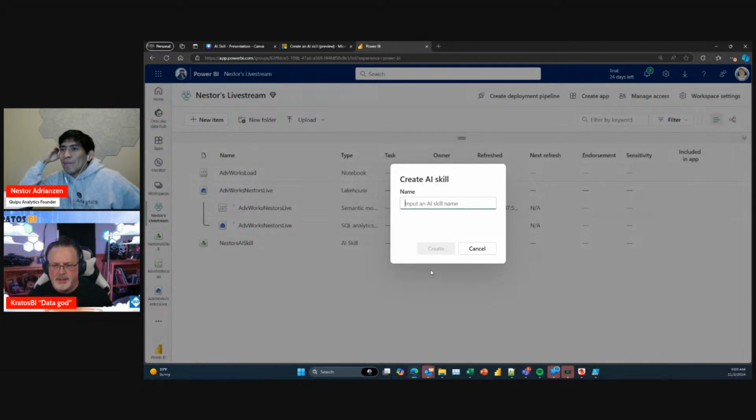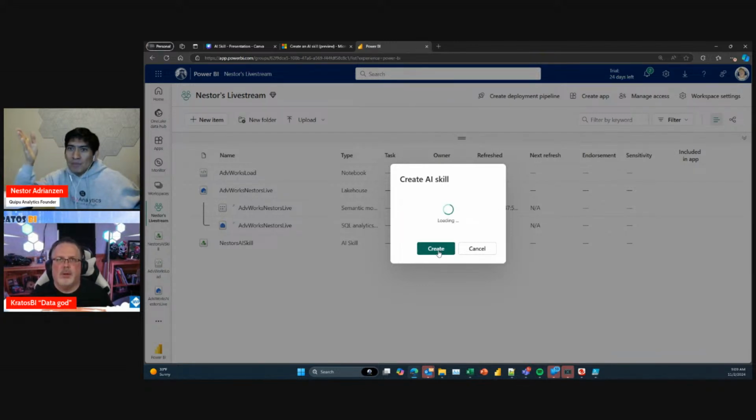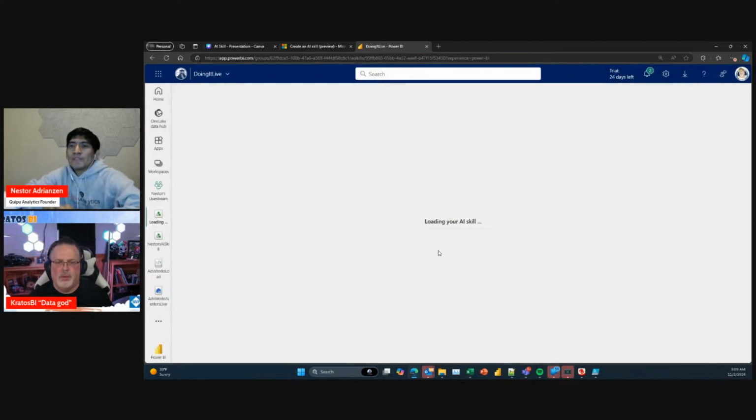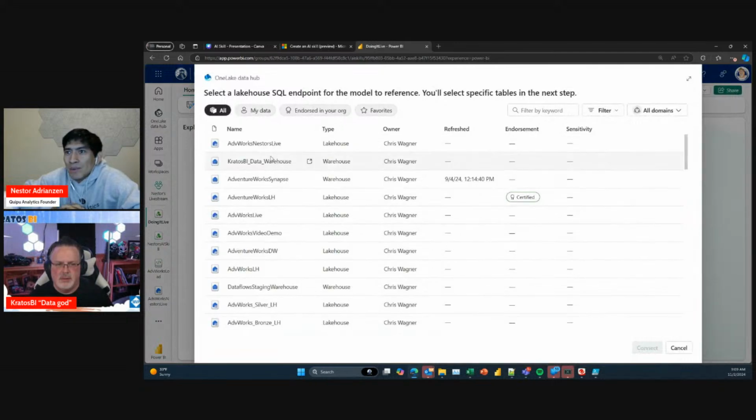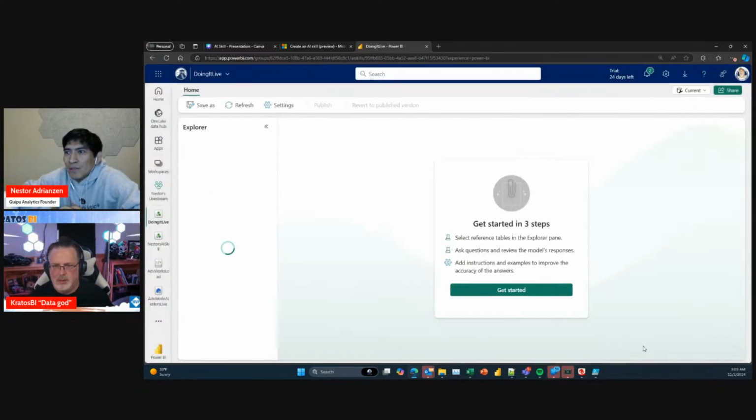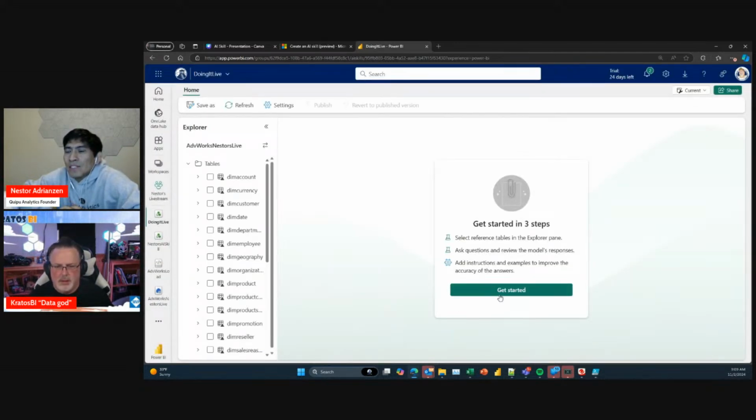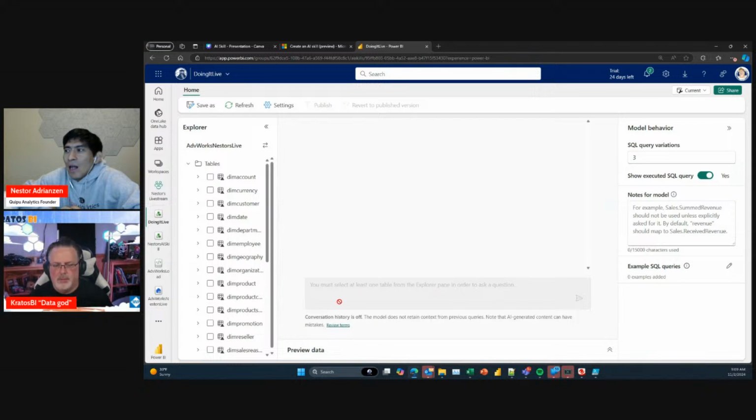So we're doing the AI skill. I see what you're doing there, because it would be better if we narrow our scope. Just select the specific tables and go from there. But I was just curious, if we don't select anything, is it by default selecting everything? Yep, so until I select something, I can't start. Okay, got it.